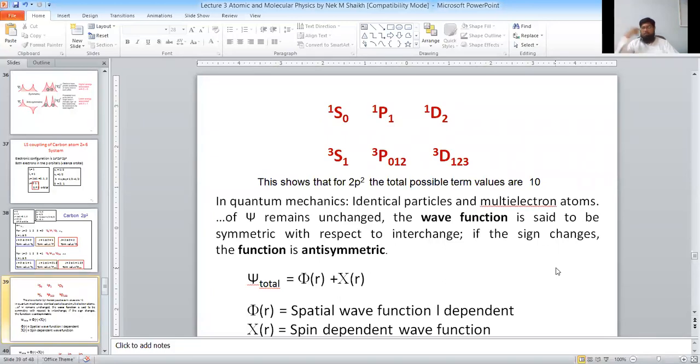Yesterday we discussed that the electron is a fermion. For fermions, the total wave function must be anti-symmetric, and that level is possible. If the wave function is symmetric, then that level is not possible. So this is for fermions, and electrons are fermions. So therefore, the electron follows